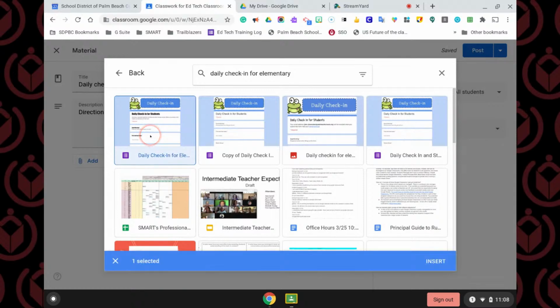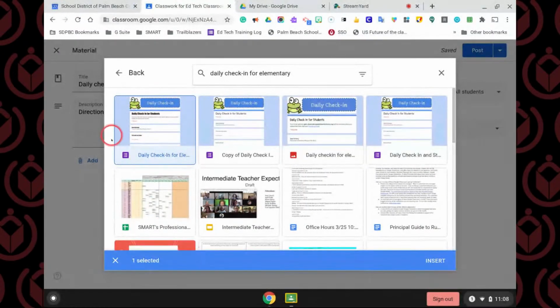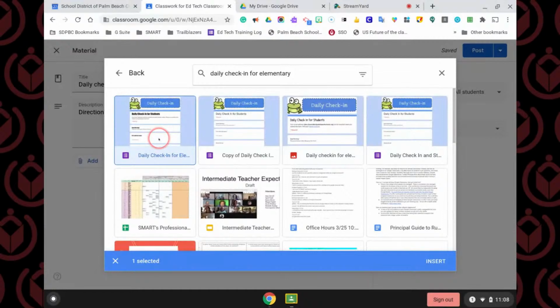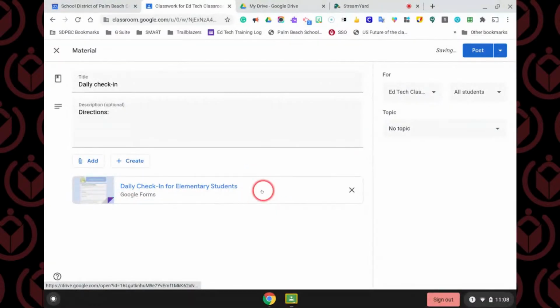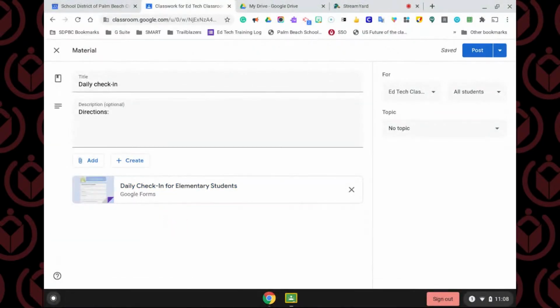I go ahead and click on it, and notice it has this little blue perimeter when you select what you want, and then you come down here and click insert. And then it will populate down here, and now I know I've added that to my material. And if you wanted to add more items, you could continue to click add, and you can add as many items as you wanted. So once you have your material added on the left, now we go to the right,